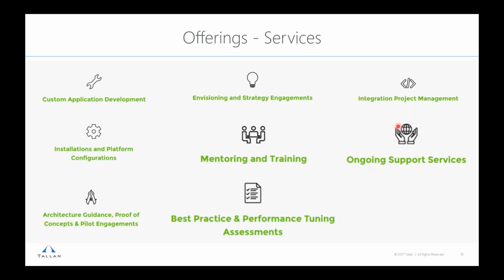Mentoring and training, I mentioned QuickLearn. We can also be involved with that as well. We can help identify the candidate resources for this, and we can also do shoulder to shoulder. I always say when we do implementations of BizTalk, especially for new customers and clients, that we don't consider the project to be successful unless our clients can support it on an ongoing basis, of course, if they choose to do that. So this is an area where we feel like is a big differentiator we can help you with.